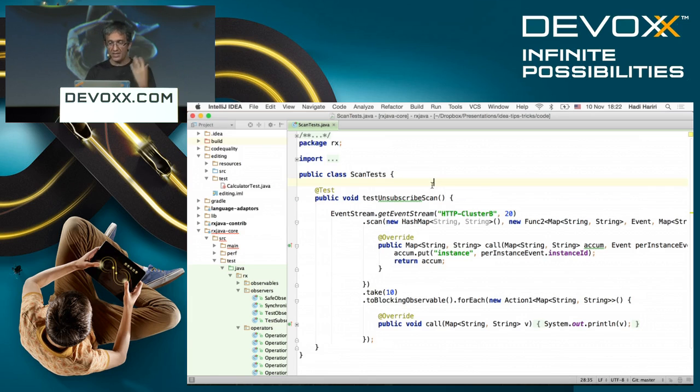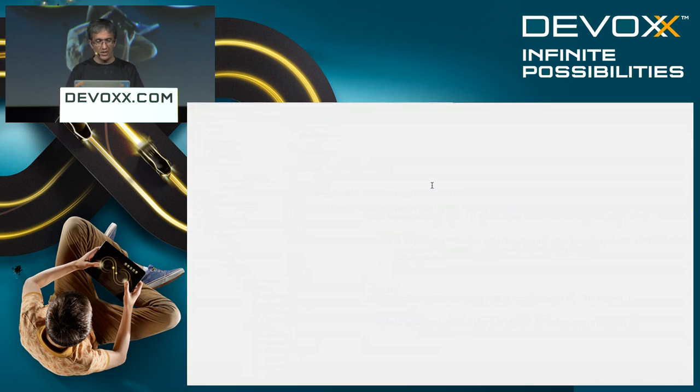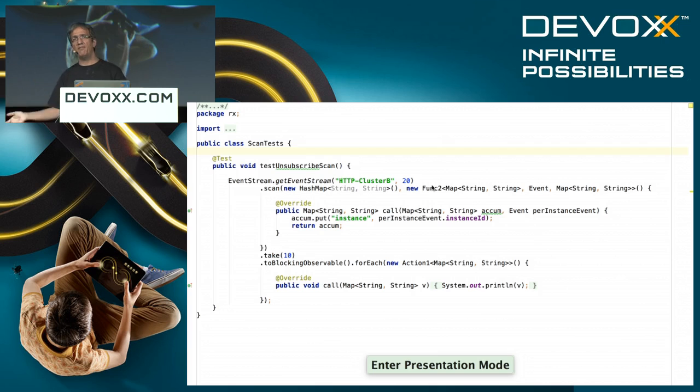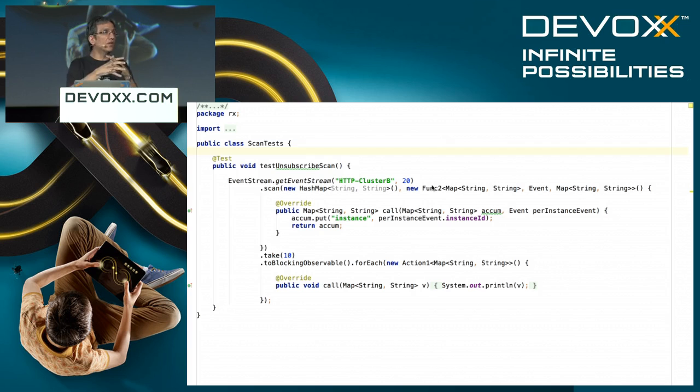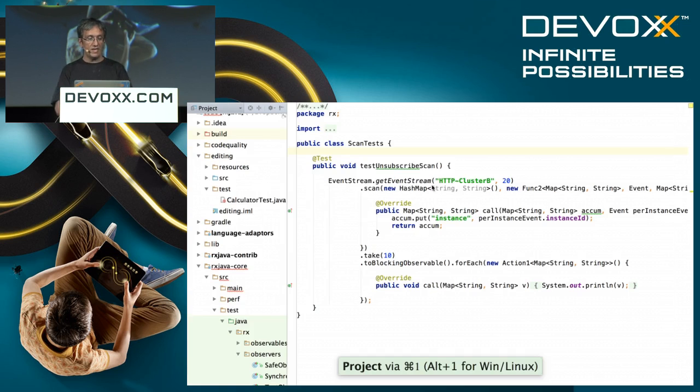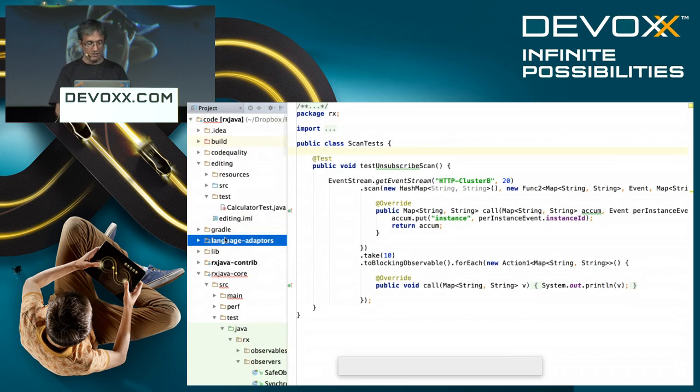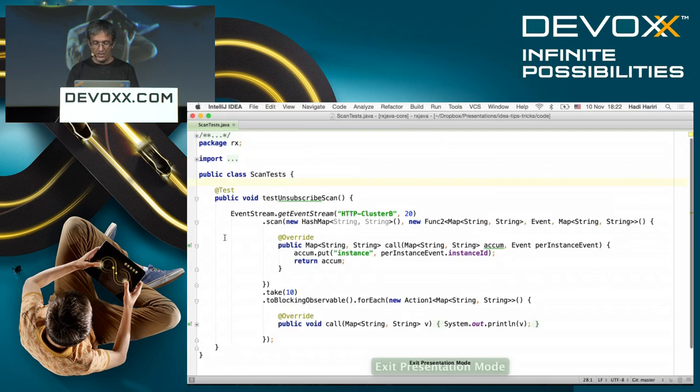Now, if you want to take it one step further, what you can also do is go into presentation mode, right? Which is basically an empty canvas. This is useful for doing presentations, but it's also useful if you just want to be completely distraction-free. Unfortunately, right now it doesn't switch off Twitter or block Hacker News, but that's something that we could potentially add as a plugin. I think that would be quite useful. But this provides you with a completely distraction-free environment. You can see that everything becomes a little bit bigger as well, because that's the idea. It's presentation mode.